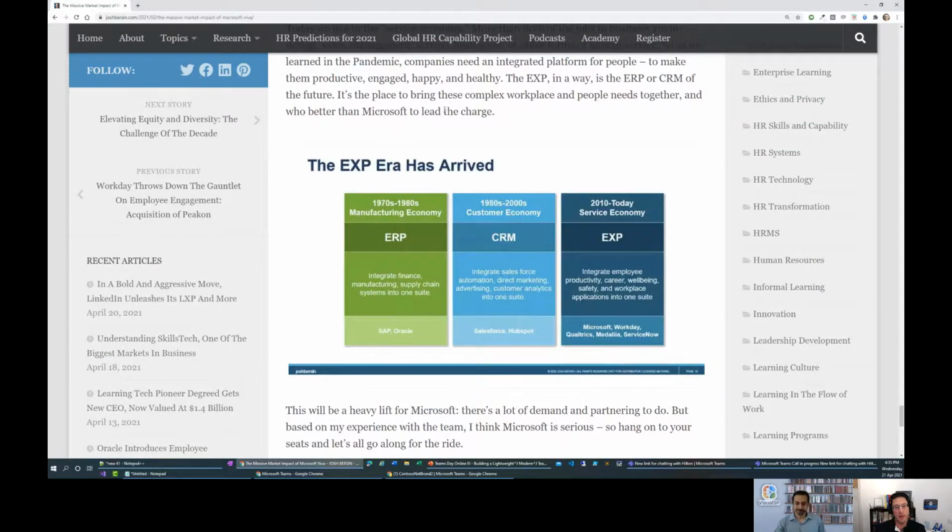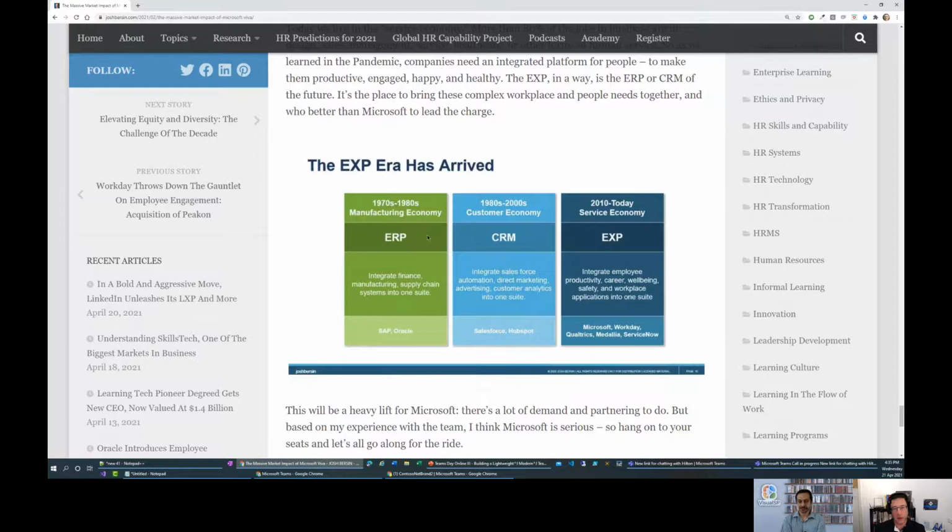One of the things that he says here, amongst a number of other interesting thoughts, is he talks about this idea of EXP, or employee experience. Obviously, we've got to have a three-letter acronym version of it. Employee experience is two words, but we managed to convert it into a TLA. Yeah. But nevertheless, the idea that he brings here is that we've had several eras of major impactful